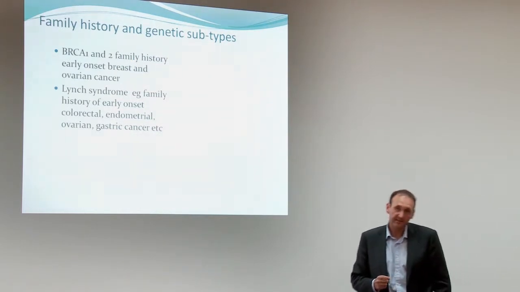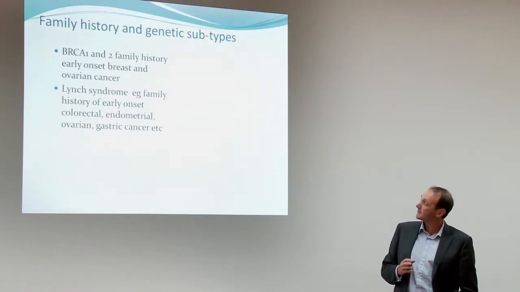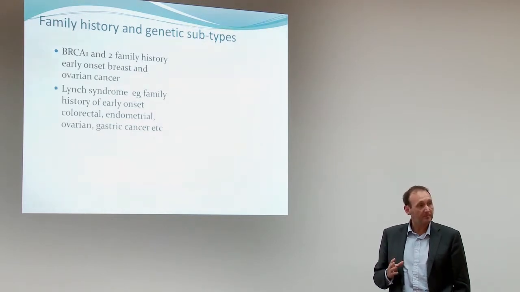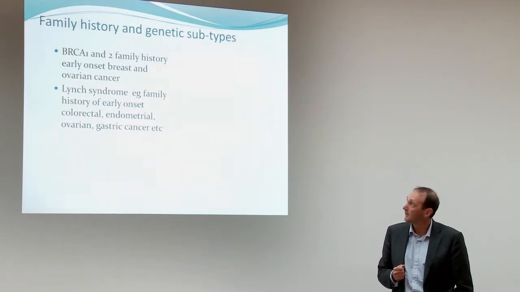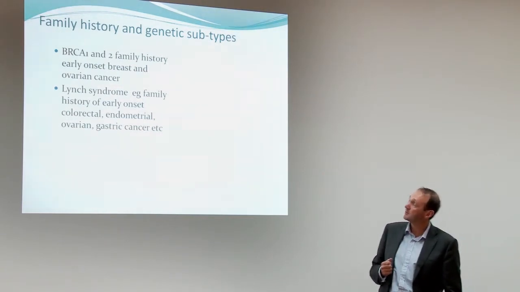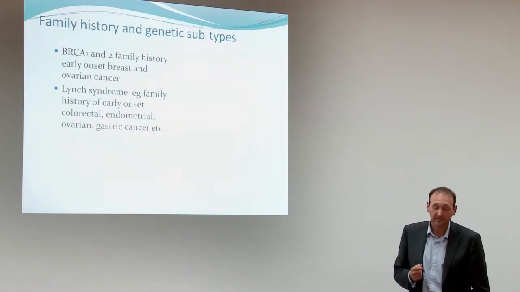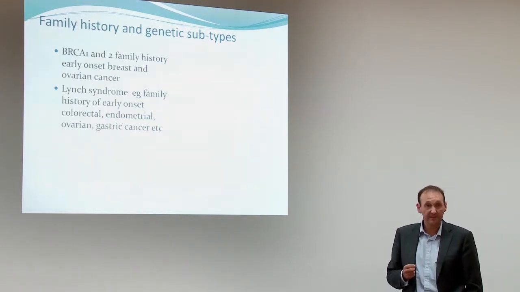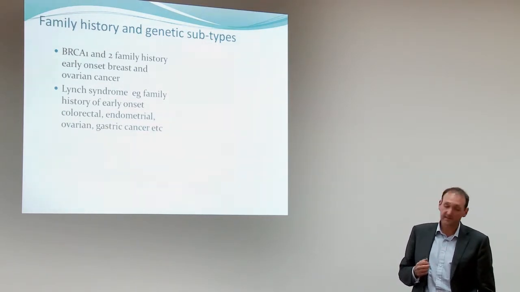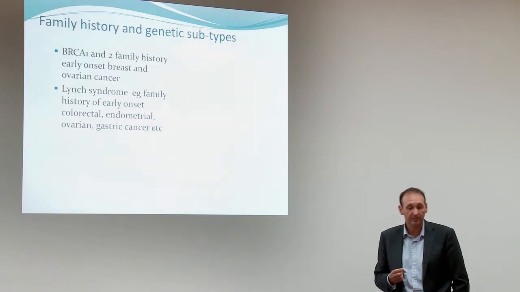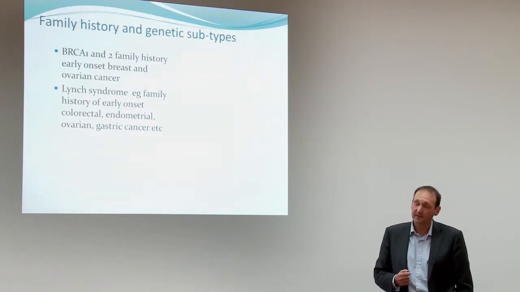The other important thing is that there are some relatively rare but important genes that have been identified and for which predictive testing is currently available. So BRCA1 and 2, which have been known about for about 15 years now, and predictive testing is offered to high-risk families, and that's associated with very early onset breast and ovarian cancer, and risks of up to 80% if